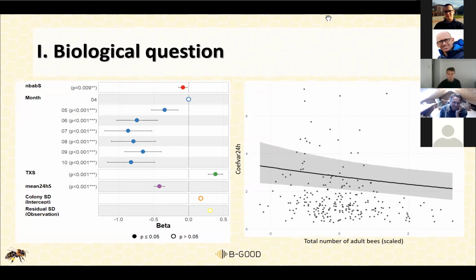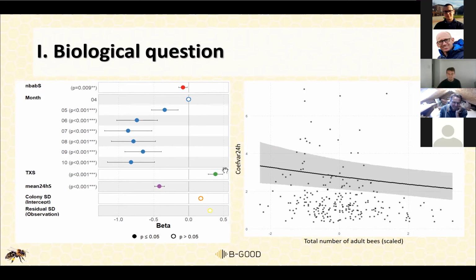To investigate the results of the best model, here we can see that the more adult bees we have, the lower the coefficient of variation, so the less variable the temperature is. The month of April is taken as intercept, so it is compared to other months. We can see that all the months between May and October have less temperature variation than April.